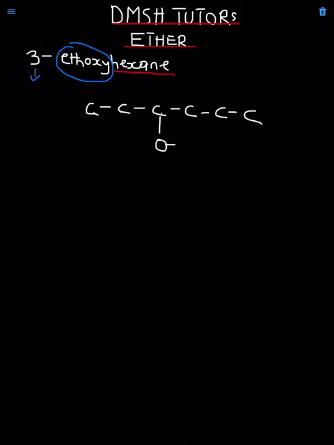So that's here. Then put ethoxy there. So this is ethoxy, C2H5. Ethoxy is an alkyl group plus oxygen. So this is ethoxy. Therefore this compound is 3-ethoxyhexane, because this is the ethoxy part and this is the alkane part, hexane. So this is the compound. So you start with the parent's name.